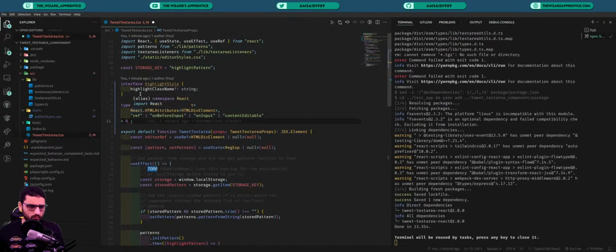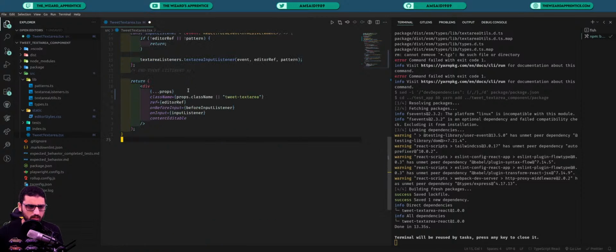So we're basically creating an intersection type that uses the attributes without these ones, but also includes the highlightClassName. So that's what we're going to do, and in this case we should